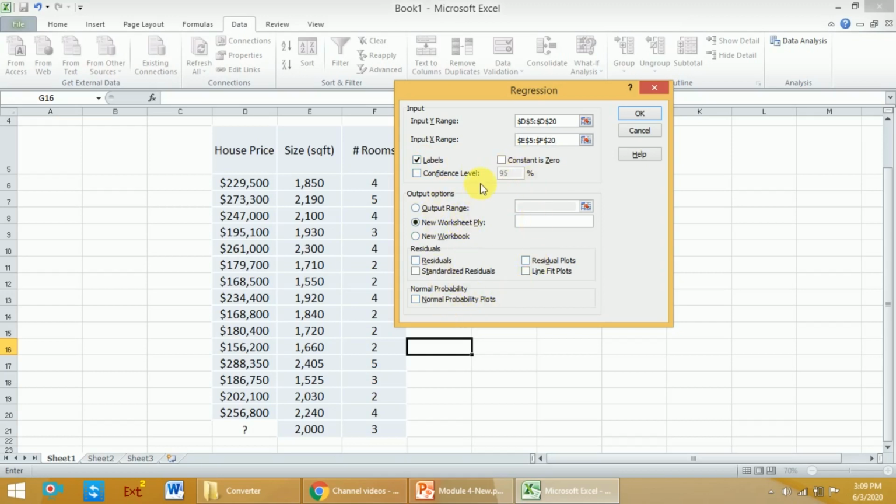I just want to show you how to use Microsoft Excel to do this particular analysis. Okay, now you have done this. You have selected an independent variable here. We have selected a dependent variable here. We have selected independent variables over here. Because the data contains labels, we have ticked this labels option, and then we need to click on OK here.